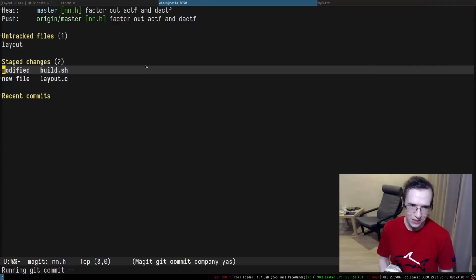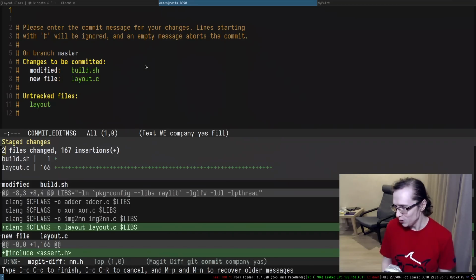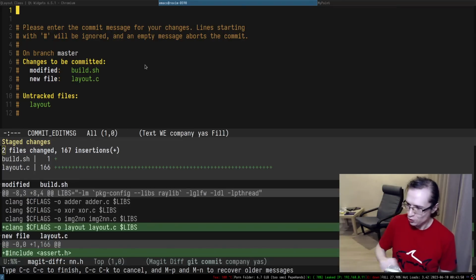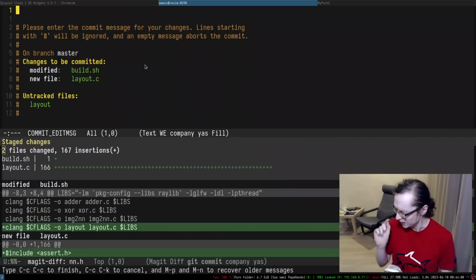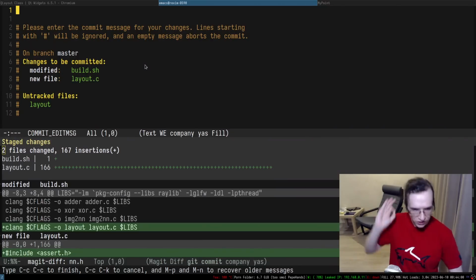So I'm gonna commit it right now. And who has Raylib on their machine? Build it on your machine, run this thing, and try to resize it. And tell me that is not smooth. It can be smooth like butter. Holy shit, that's the best butter you will ever experience.